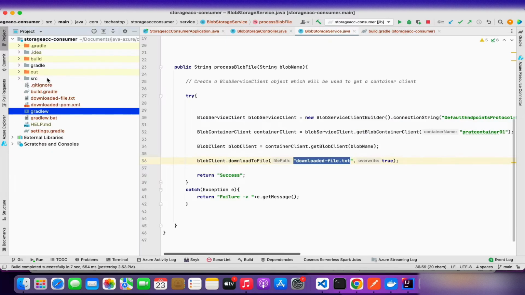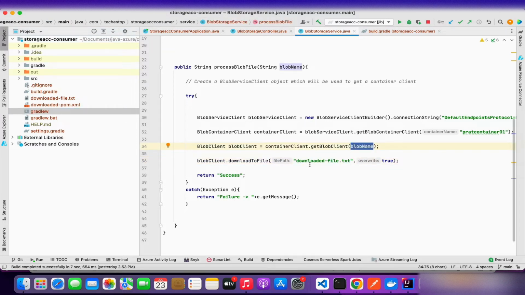That will be saved in the same project path. So this is for demonstration purpose only. It is not doing much processing of the blob. What I've done is just copied the contents of the file into this downloaded file.txt. Okay, this application will be creating the image and uploading that image to the